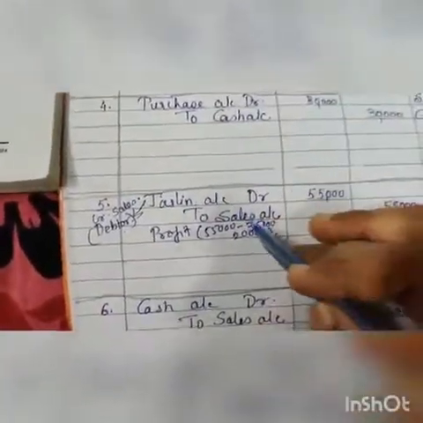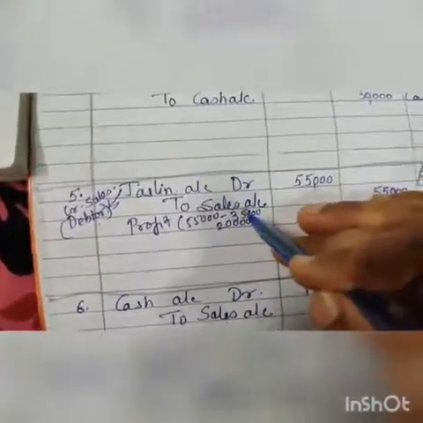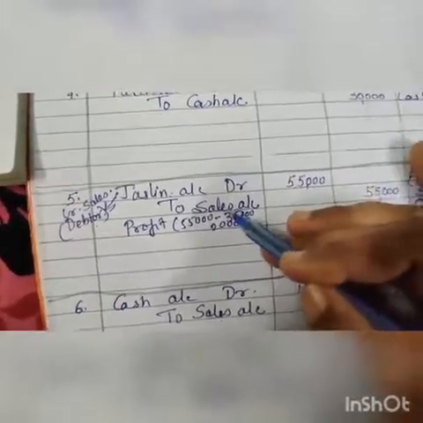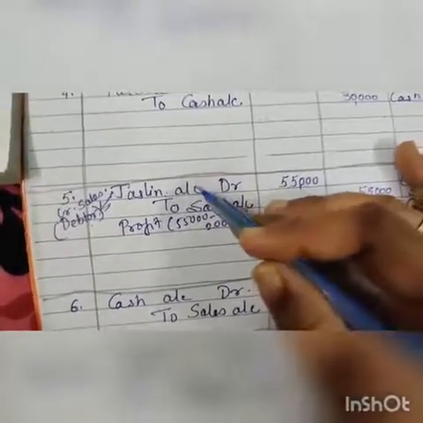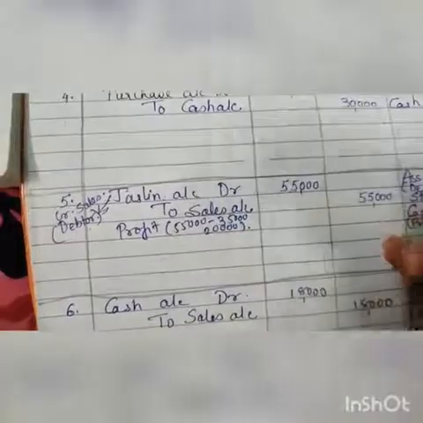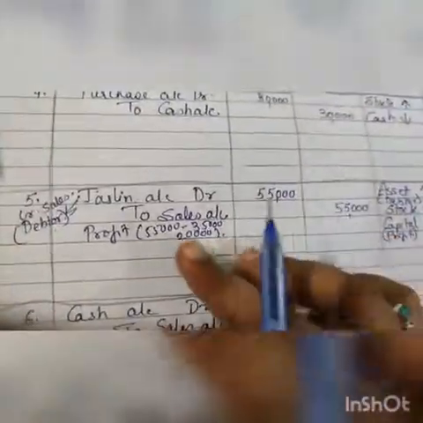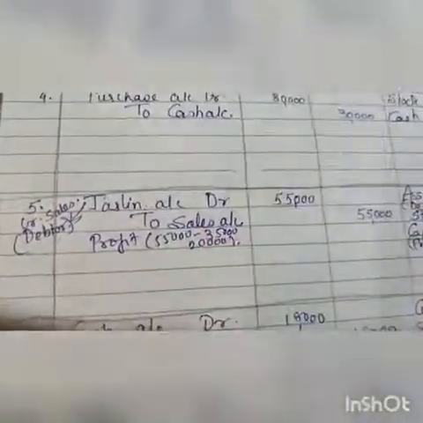That is Jasleen to sales. Now this is your sales return. So what will be your entry? Exact opposite in return you are doing. So here there is sales on credit side, so sales will go to debit side, and Jasleen is on debit, so she will come on credit side. So the entry will be, that is sales return account debited to Jasleen account.